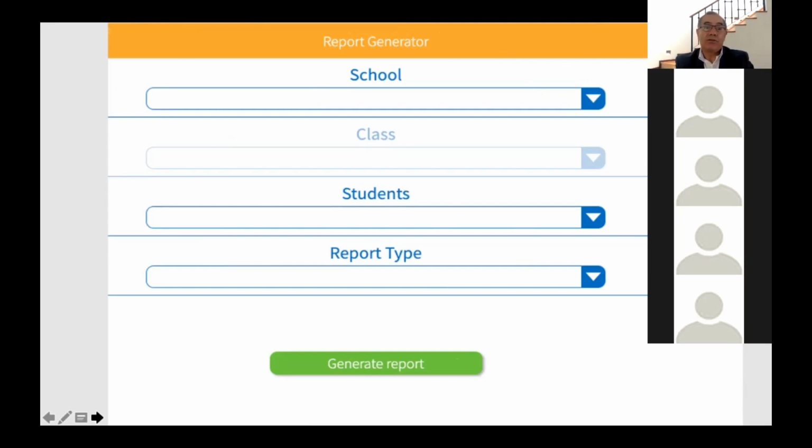You can get a report for all your students. And now we have different kinds of reports. We have report by lessons or report by units. And very soon we are going to have even by level. So at the end, for example, of this school year, you can have a report of how much the student developed during these months that you are going to be using the platform with your students. So select the school, select the class, el grupo, all the students or some of the students, and the type of report, by lesson, by unit, and then later by periods. If one student finishes a level, you can get a report by level per student.